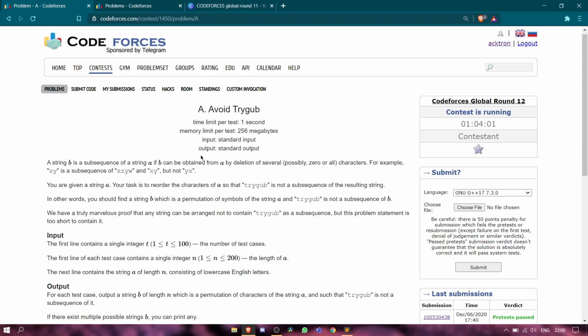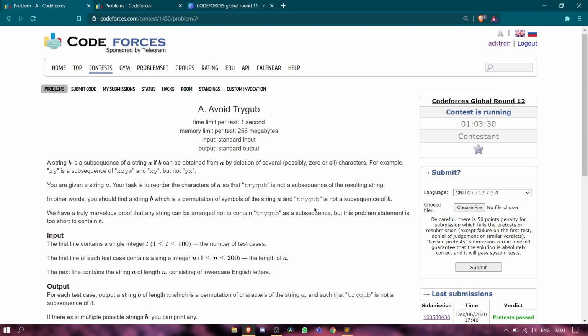So what the problem statement is saying here is we are given a string A and a substring B. Okay, and what we need to do here is make a string which has the same characters as A, in such a way that we cannot make a substring B in any case, which is equal to "trygub".